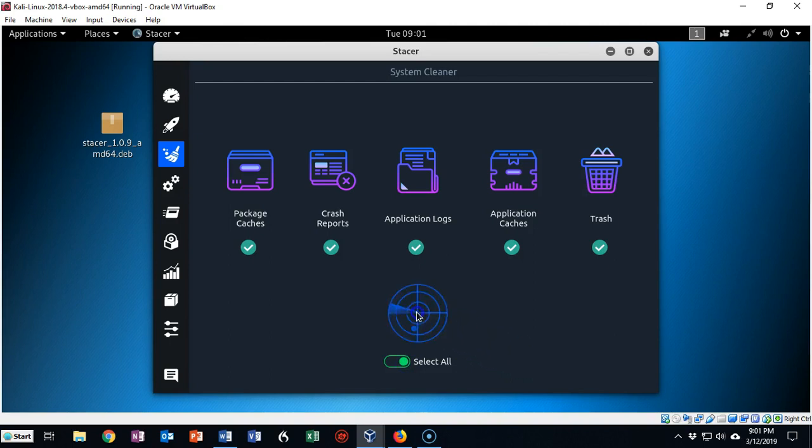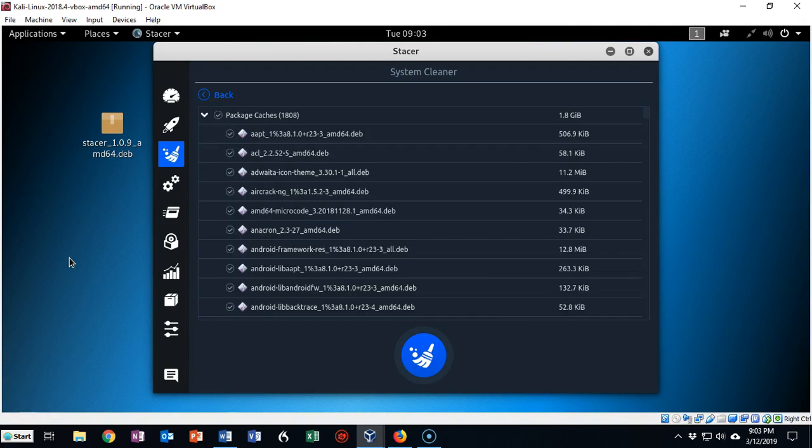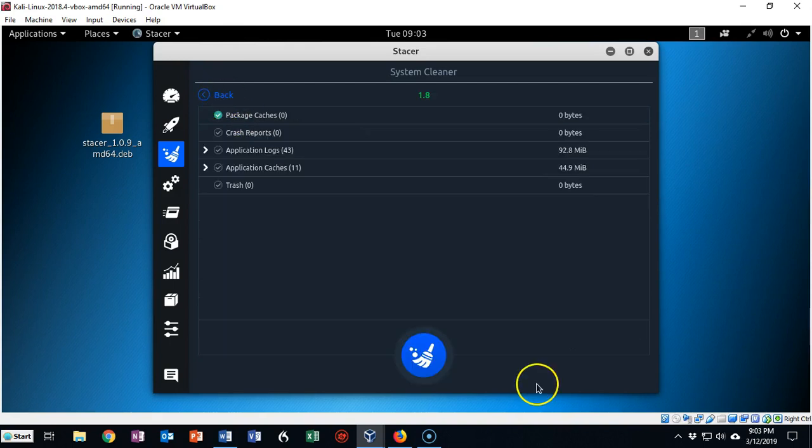You can then launch, and now you have to expand all these. Now to tell it that this is what you want to delete in each one of those categories, you have to go over here to the package and you have to click on it where it says package. You just can't click on that icon for the checkbox. So you're going to do that for each one of those. Then go down to the bottom and you can hit the clean button, and you'll see that it automatically starts